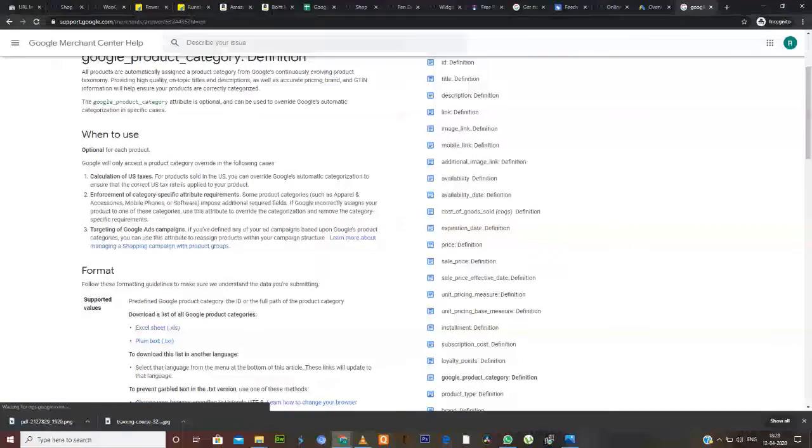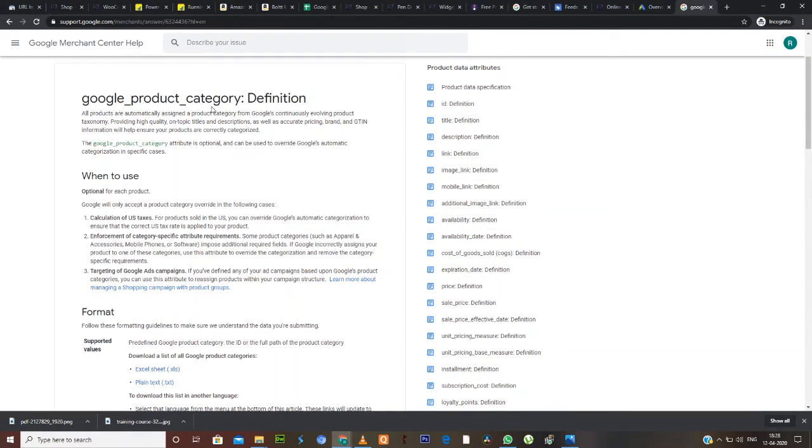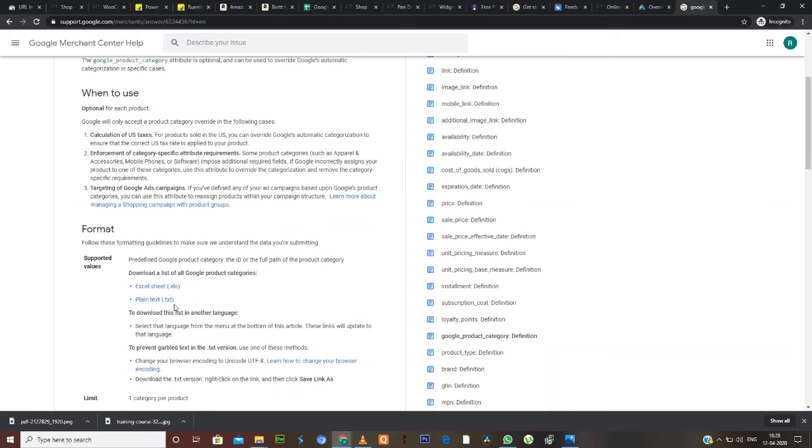On the third link, Google underscore product underscore category. Now you have to open this one. In this, you will get two files. The one on the top, which we were clicking, was directly giving the file in text format. I don't want the text format. I will download it in Excel format.